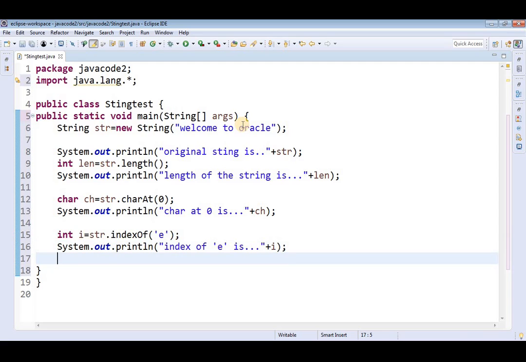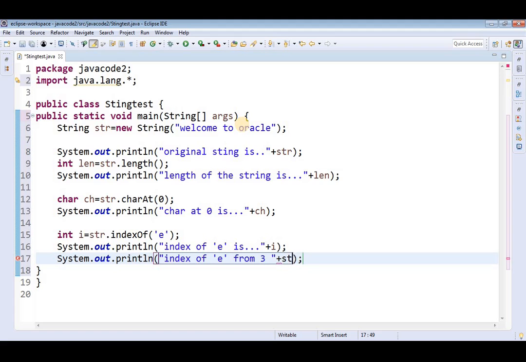Later I am using the indexOf method with another example, that is index of e from 3. That means it starts the searching from the index 3.